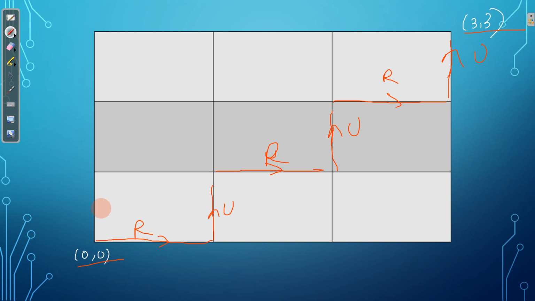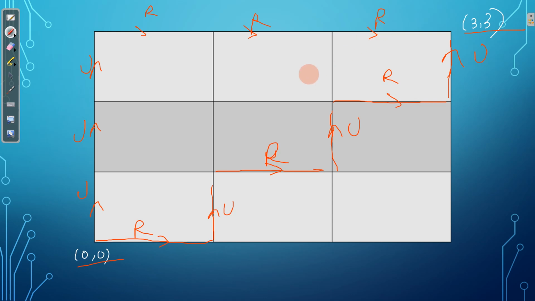Another possible move is going up, up, up, then right, right, right. This is another way to reach from 0,0 to 3,3.